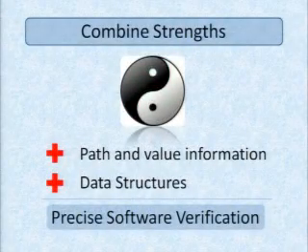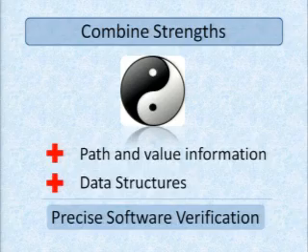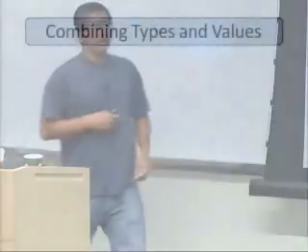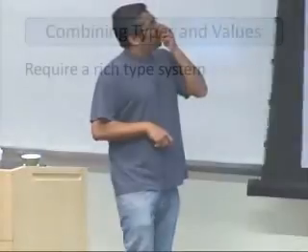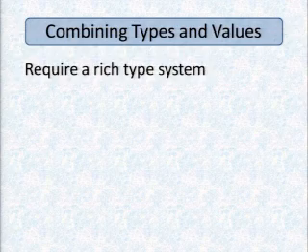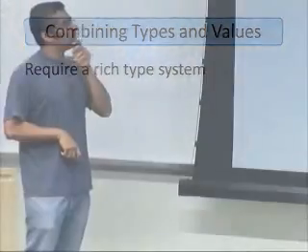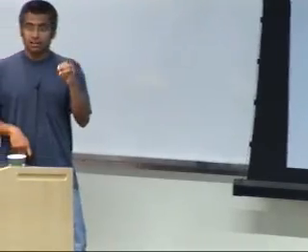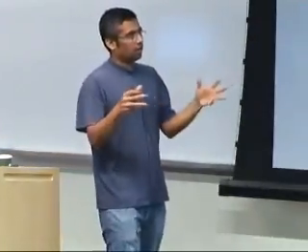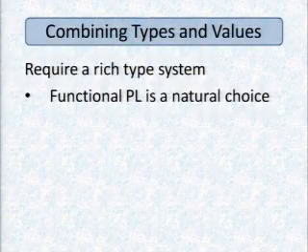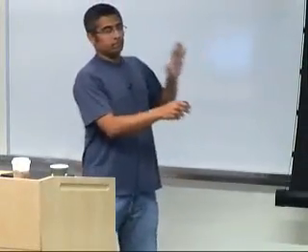Okay, so where were we? So value and value greater than 0 list, and this is what's going to give us precise software verification. So how does one combine types and values? So Tom was prescient. This is really my very next slide. What you want is a somewhat fancier type system. And what we're going to do is, since we aren't interested just in finite state values of the kind that are captured by type state, but richer properties, we're going to start with a functional programming language simply because they start with a rich type system. And if you want to do stuff with types, it makes sense to work with a functional language to begin with.